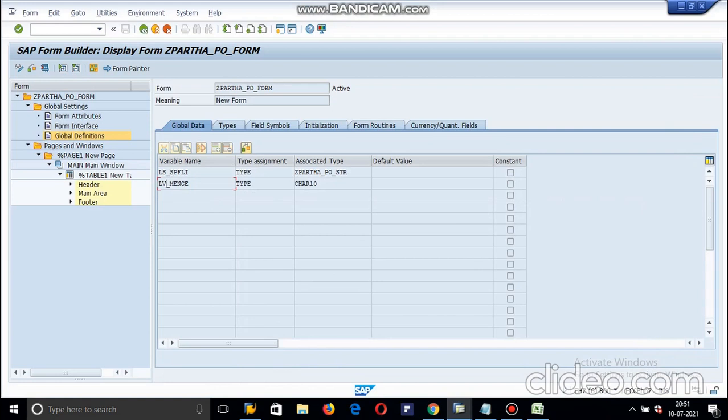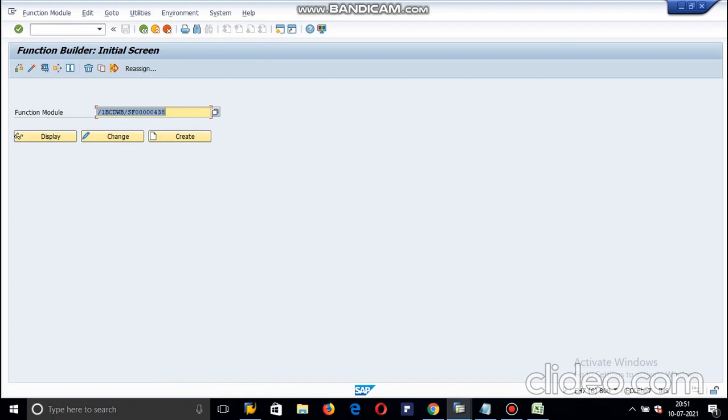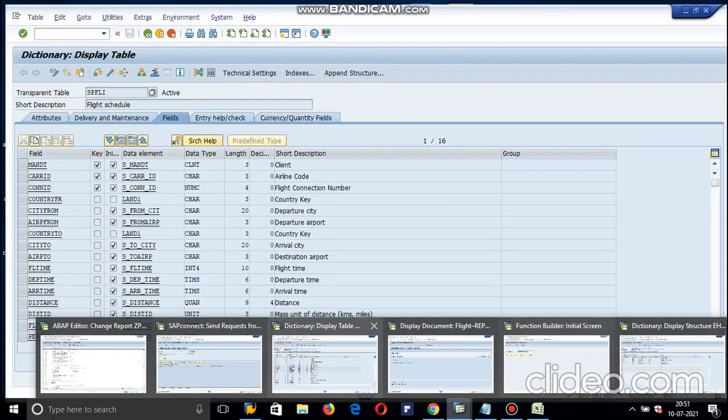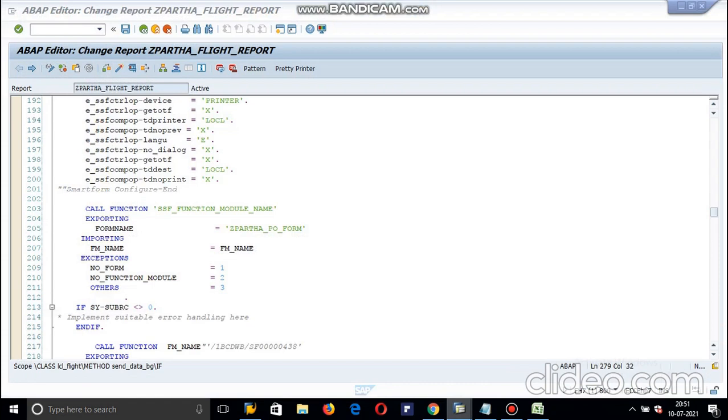Right. Now, whenever you create a smart form, it creates a dynamic function module. So we copy that and call it in a program. One minute, I'll show how the smart form is called.